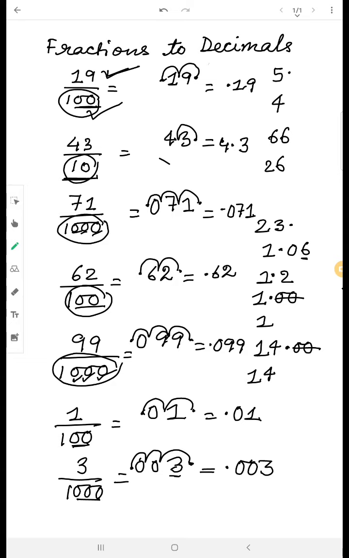So this is how we can simply convert the numbers which have denominators in tens or hundreds or multiples of tens to decimals. So this fractions to decimals works this way, and when you get both sided numbers, that time it is going to be different. This is the first of a kind where the numbers are divided by tens or hundreds or thousands.